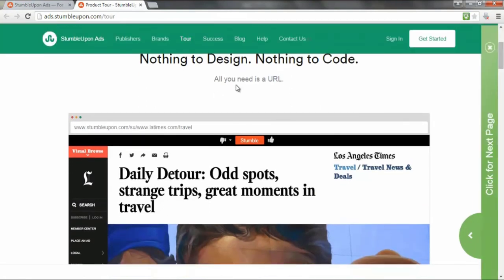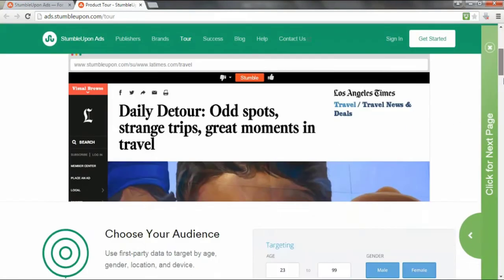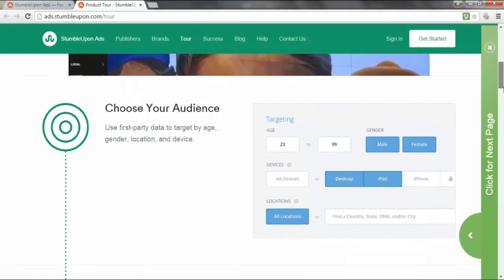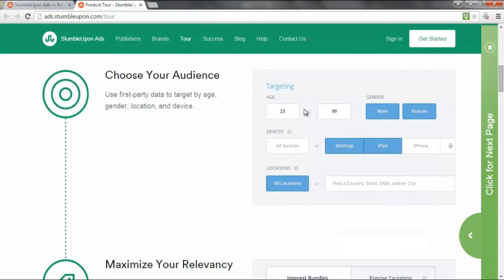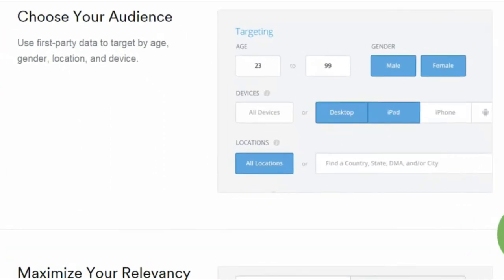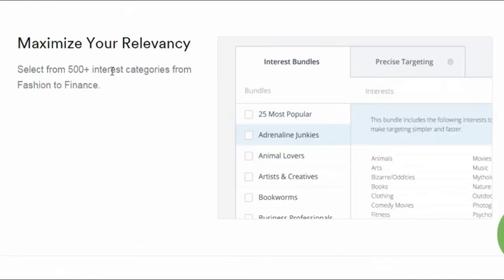As long as you have a URL for your content, that's all you require, the content that you want to share. You choose your audience using their targeting, which can be based on location, age, gender, etc. And of course, Stumbleupon itself is based a lot on targeting interests, so it's likely to be very accurate for that.